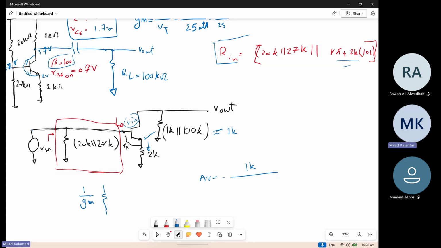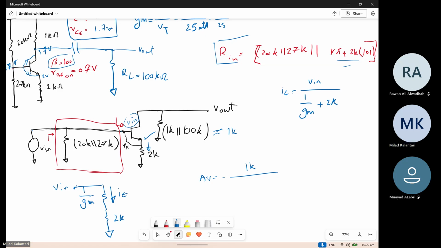And then this 2 kilo ohm is there, and you are moving this Vin to the emitter. Then this will be the emitter current. This emitter current is Vin divided by these two resistors, so it is Vin divided by 1 over gm plus 2K,